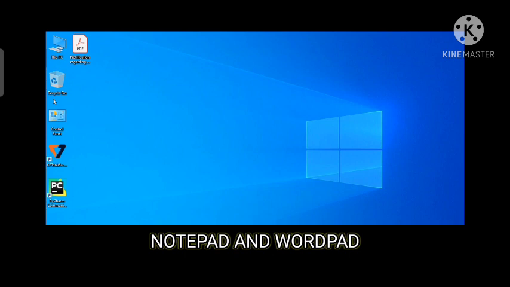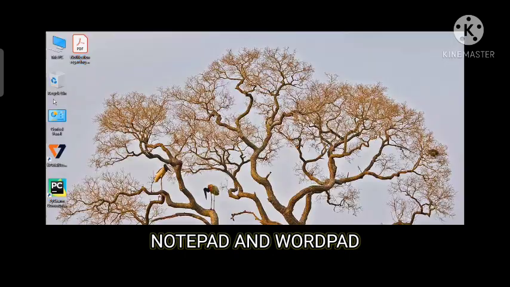Now what is WordPad? It is another software. As we had seen about the Notepad, it was a software. This also is a kind of software. WordPad is another software that you can use to type text in. Here also you can type text. And it has more options than Notepad. In Notepad there were very few options. In WordPad you will get more options, that we will be seeing how to use.